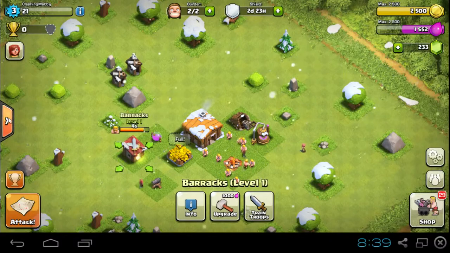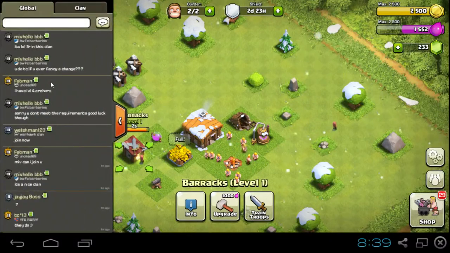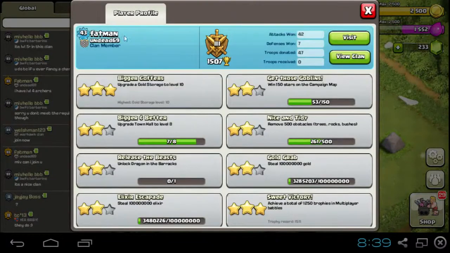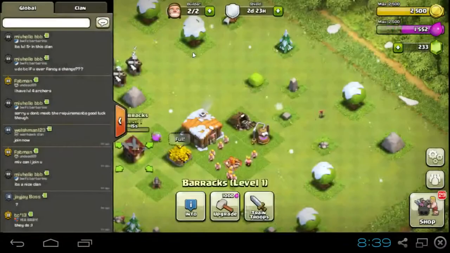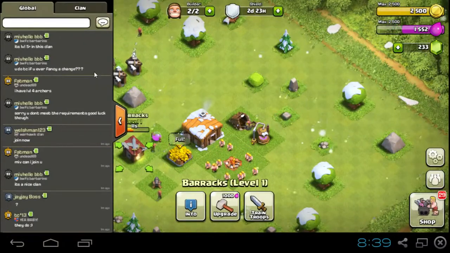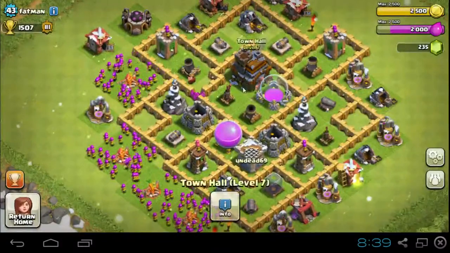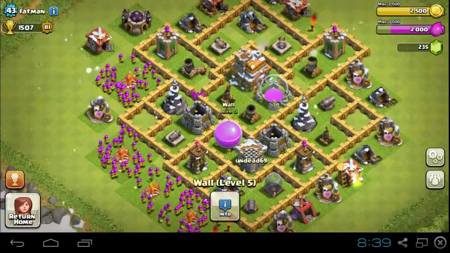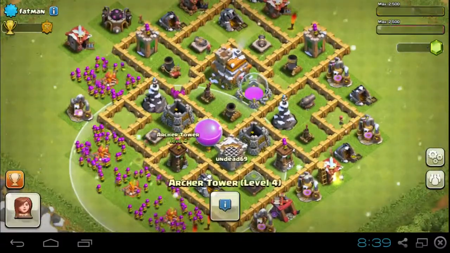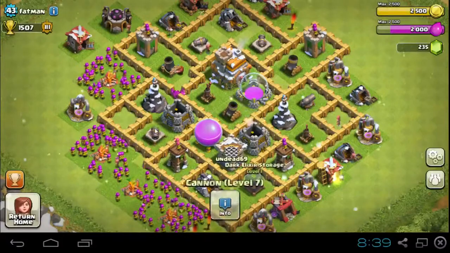The level is a good judge of how good that player is really, or how long they've been playing. So level 43, I'd guess he's a Town Hall 6, unless he's rushed, which he might be, a Town Hall 7. Let's use him as an example. So he's a Town Hall 7, obviously with level 5 wall, so he didn't bother maxing out his wall on his last upgrade. I don't think he's maxed out his defences either,